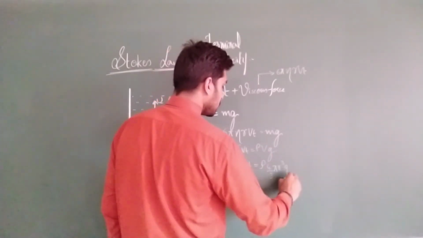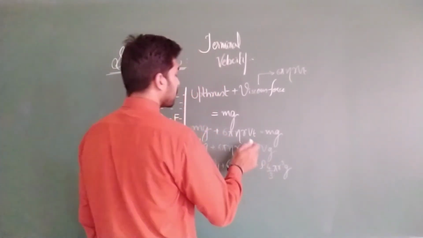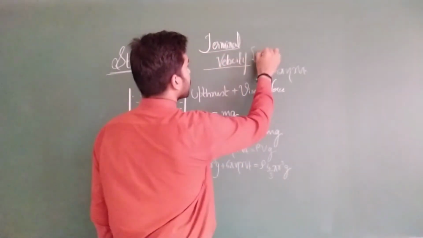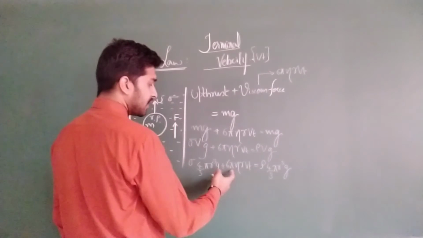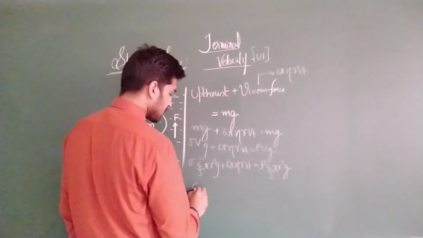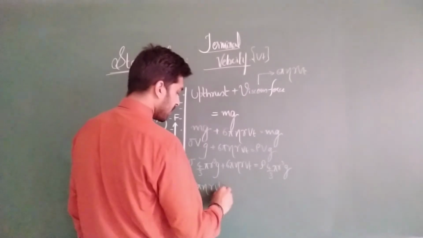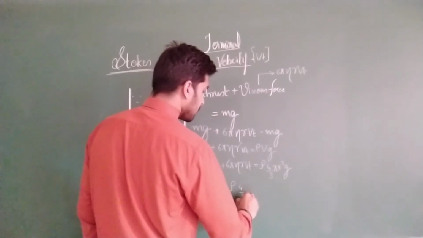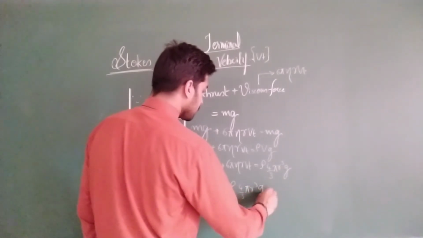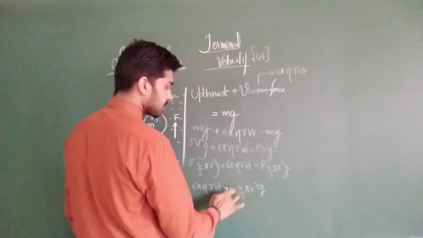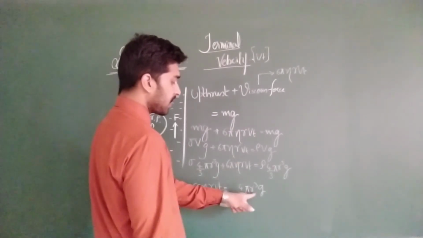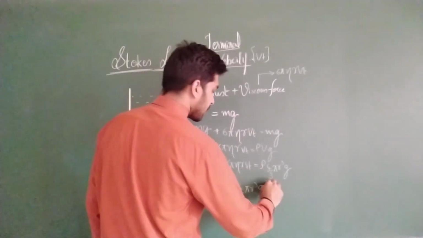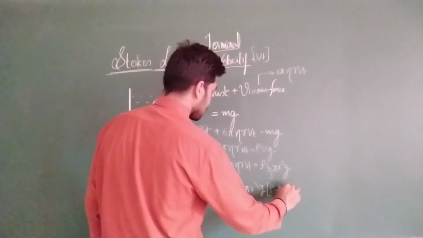Into G. So we are going to calculate the terminal velocity. Vt means terminal velocity. We are solving for Vt. So I will keep this term as it is, 6 pi eta r Vt is equal to, so here we have rho 4 by 3 pi r cube into G minus this quantity. Otherwise, we can write 4 by 3 pi r cube G as it is, into the bracket rho minus sigma.